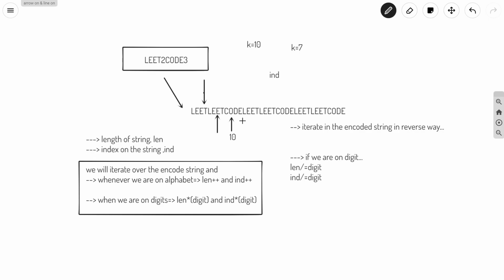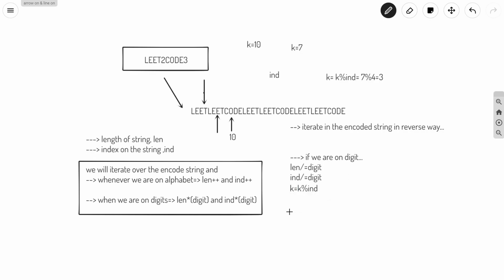We want to find the character which is present at the 7th index. So we will just convert k to k modulo index. In this case, it is 7 modulo 4, which is nothing but 3. So you can see that the 7th character is the same as the 3rd character. That's what we will do here. We will write k is equal to k modulo ind, because the kth character will be the same as this character. So this is one thing we have to do.